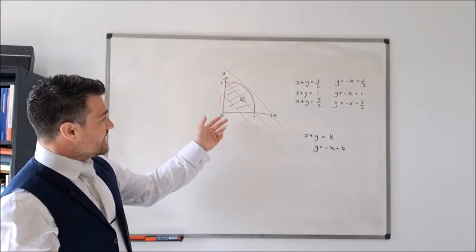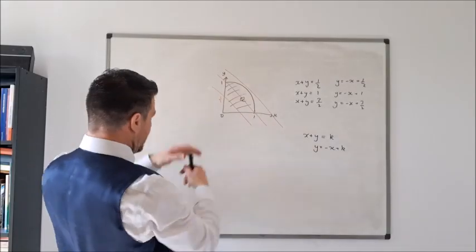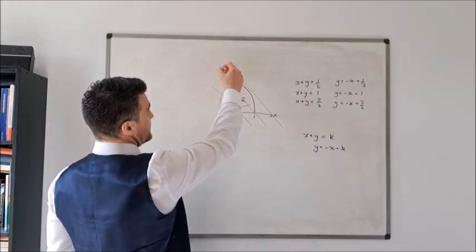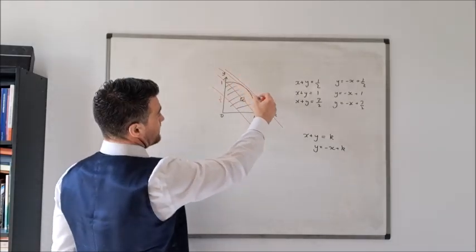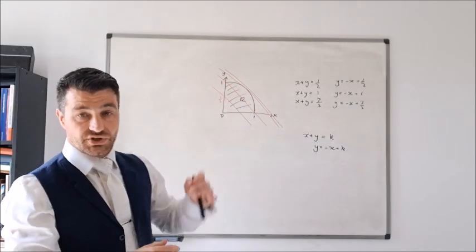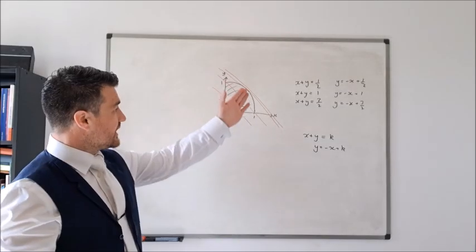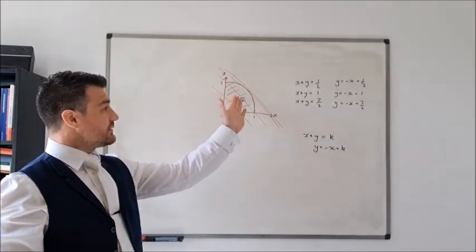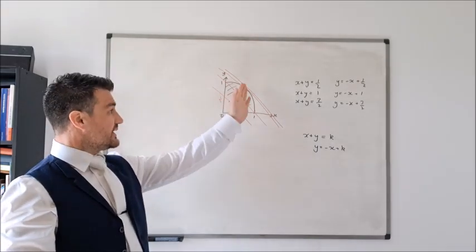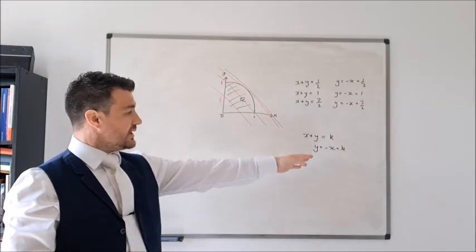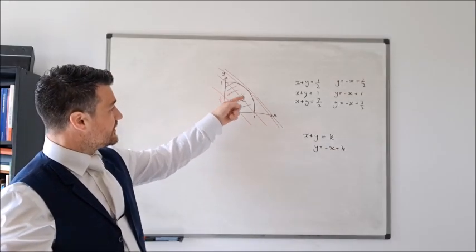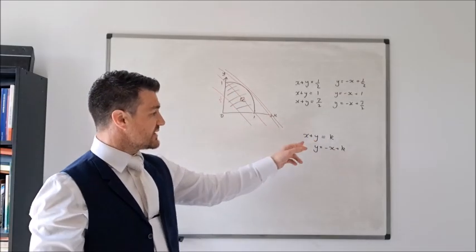So what I can see then is that if I keep moving this line up, there's going to come a point where the line is going to be tangent to this region Q. Okay, if I go down any further, that will decrease the value of k. Yeah, there will be points x and y that satisfy that I can plug into this equation.